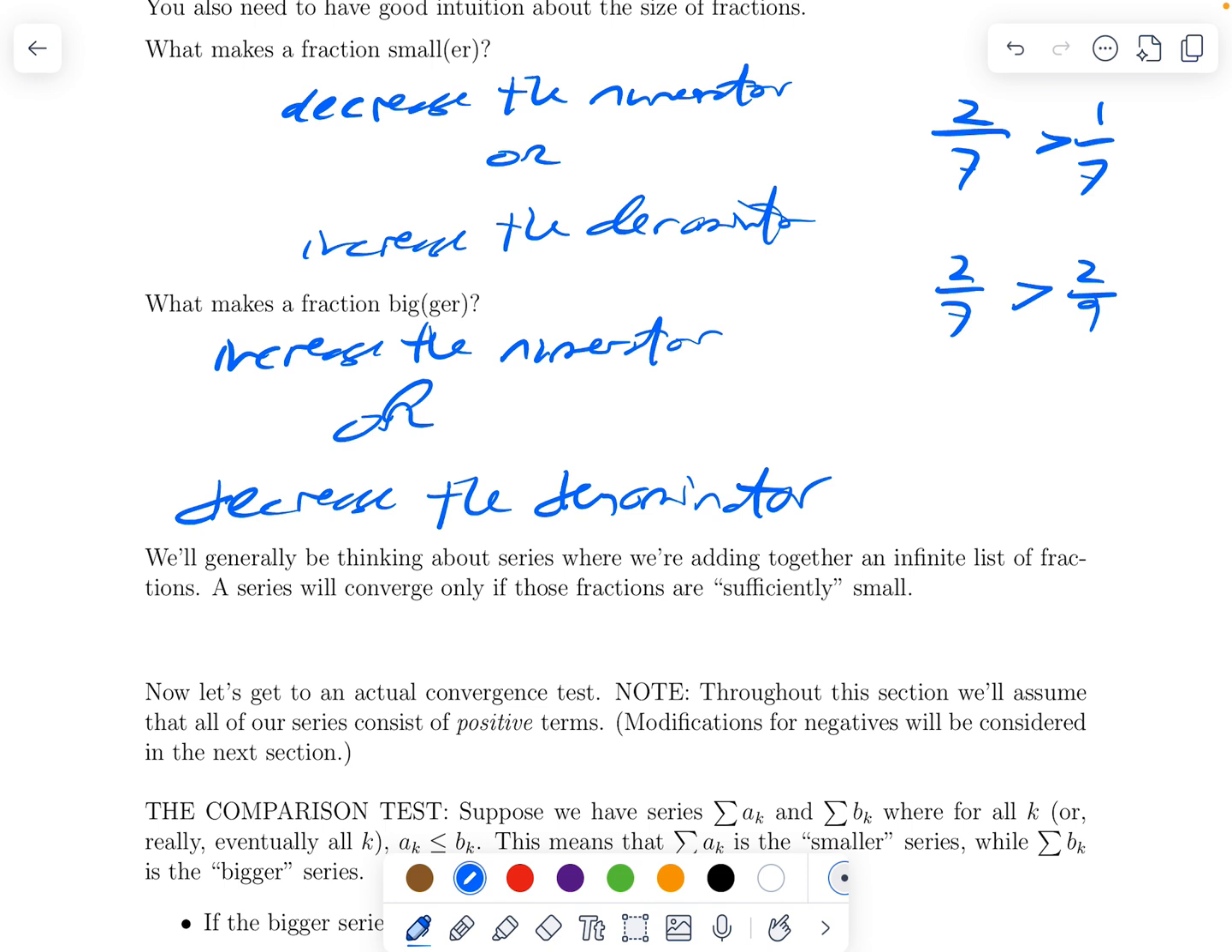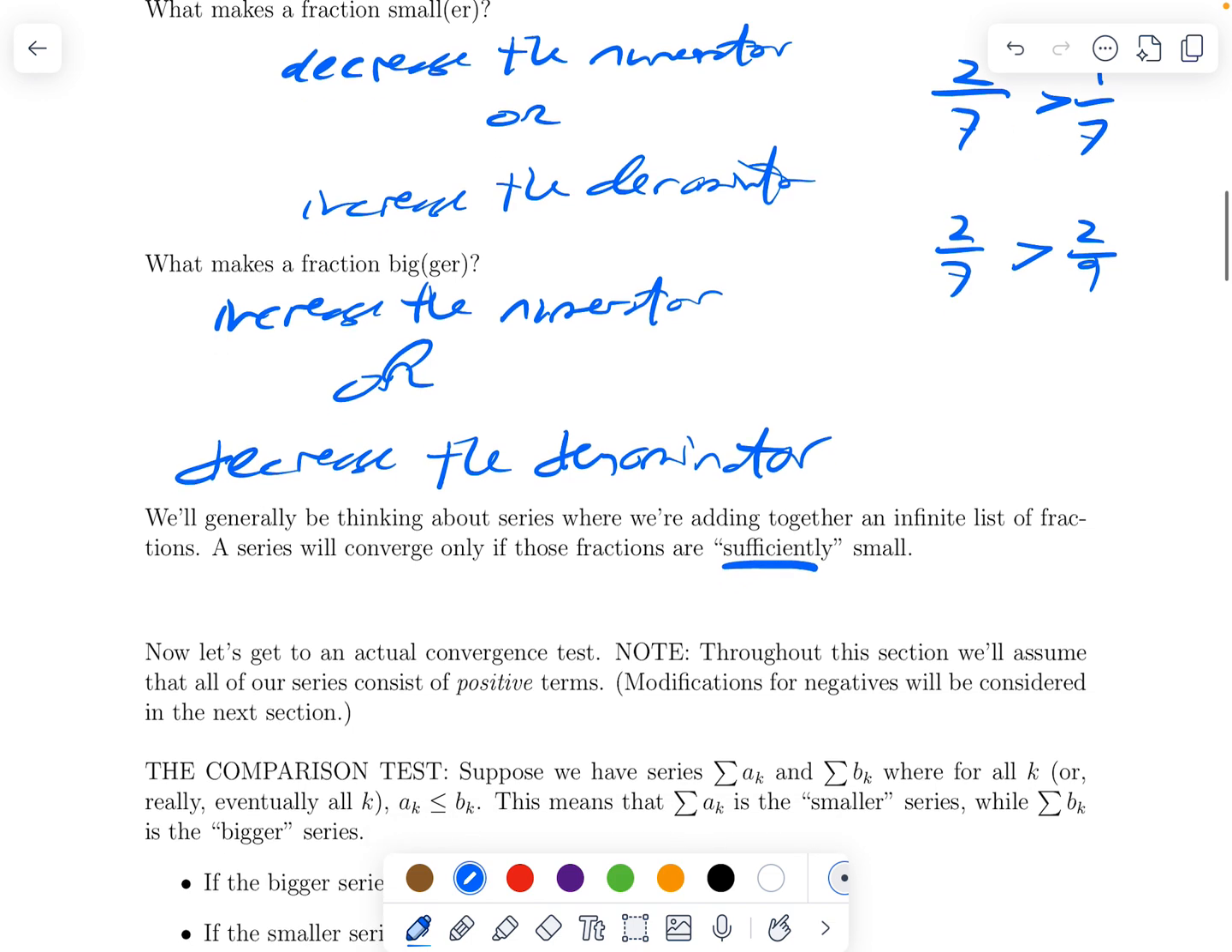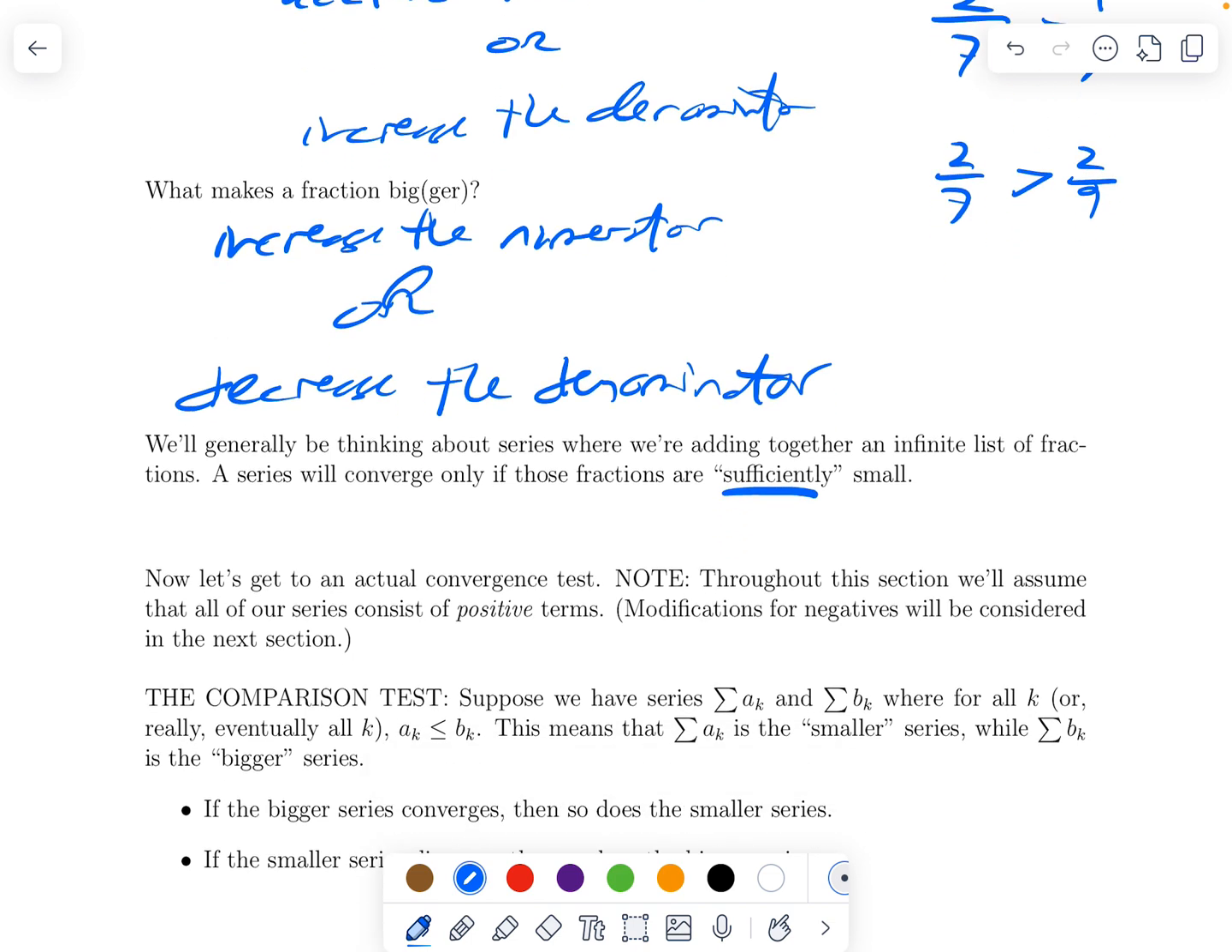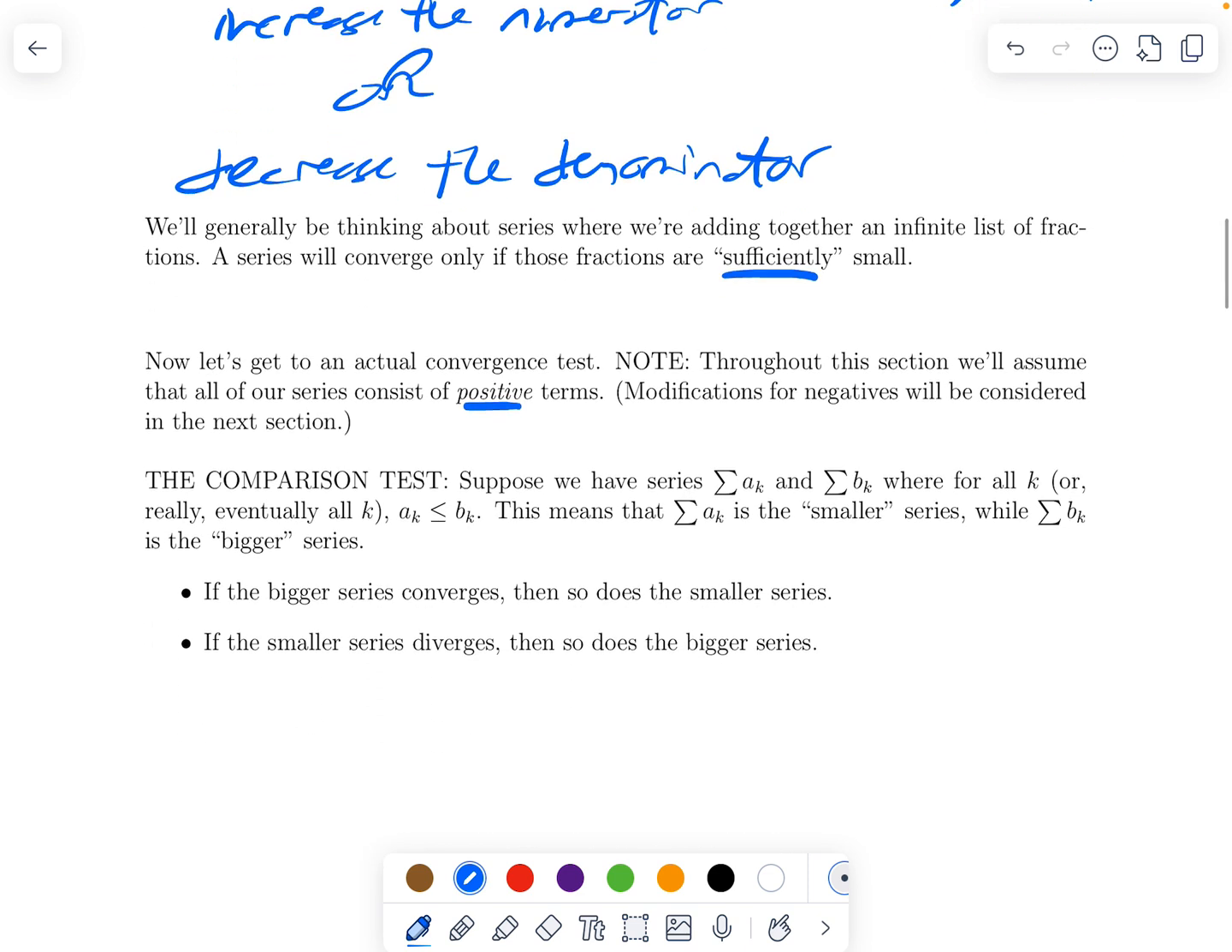So series are just our attempt to add together an infinite list of things. And generally speaking, they're converging when the things we're adding are sufficiently small. We know they have to be approaching 0, and they have to be approaching 0 rather quickly. So let's finally get to a specific convergence test. And again, we're assuming everything is positive. Let's suppose we have two series, one consisting of a terms and one consisting of b terms, where for each index, or at least eventually each index,